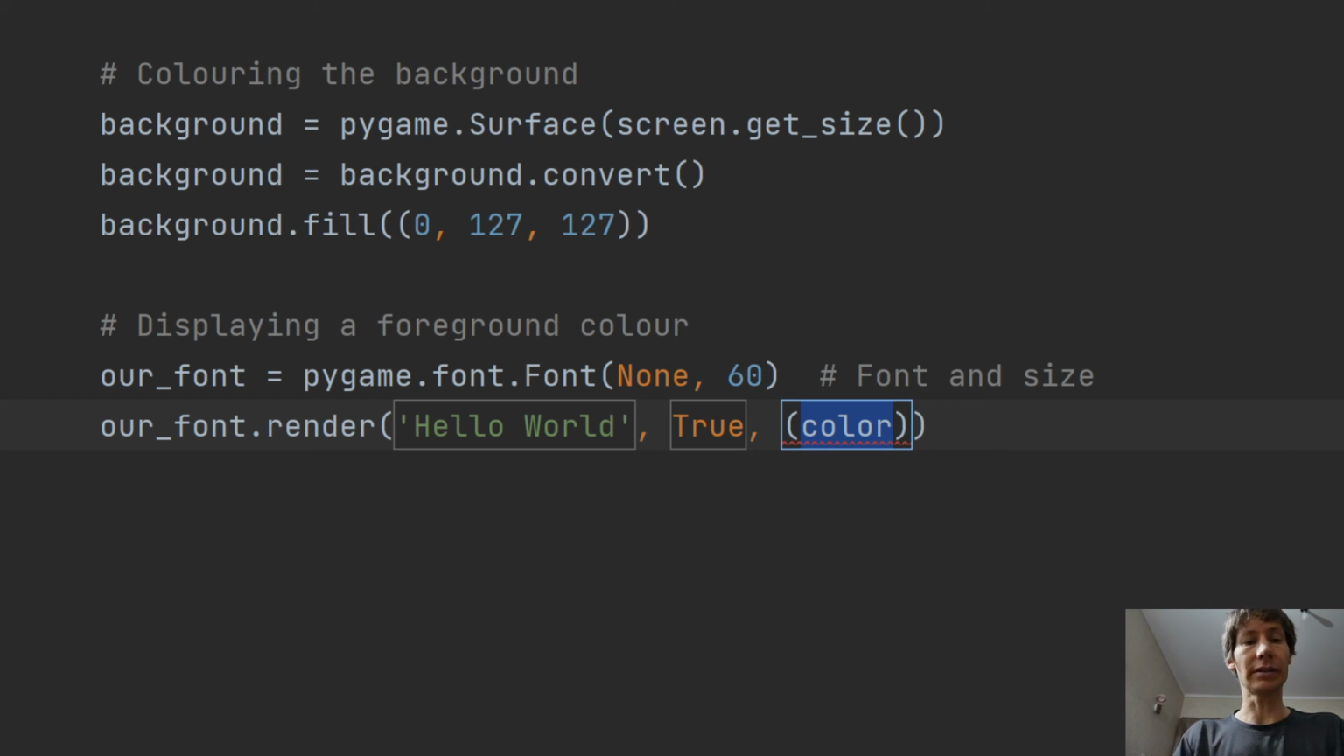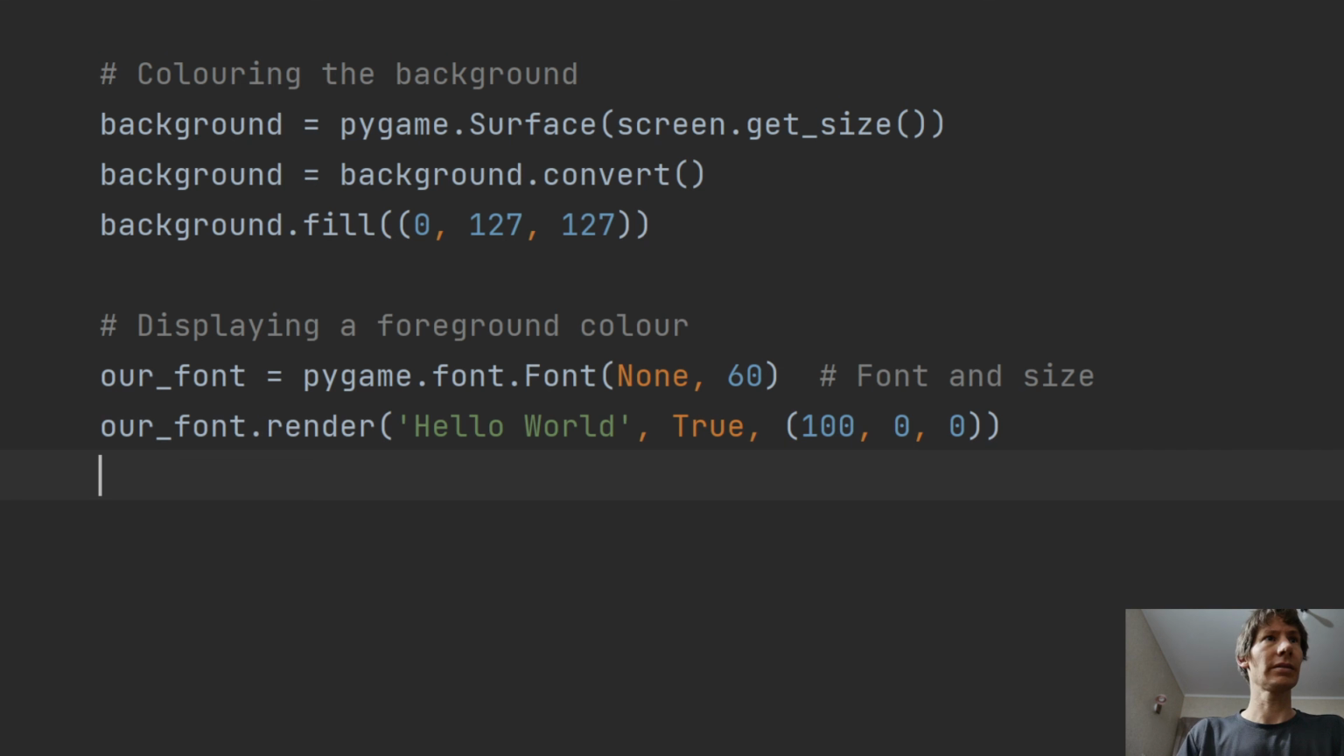For the color, I'm going to use Vino red, keeping the value low for a darker vino. We can now